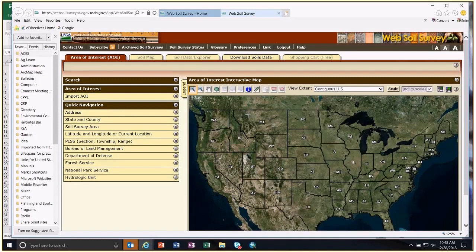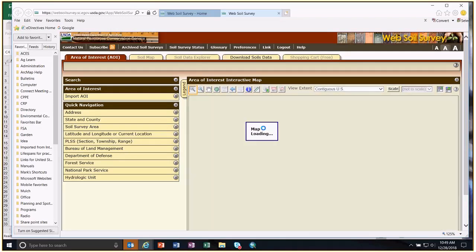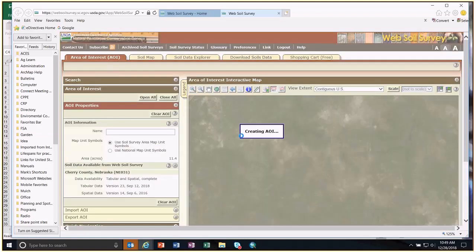So if I want to put some land from the Sand Hills in here, in Cherry County, Nebraska, I am going to zoom into a piece of land. I am going to set my AOI by drawing it here, just to show you that if that were my AOI, just as an example,